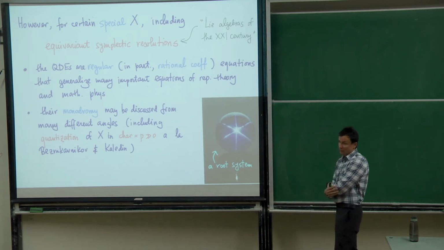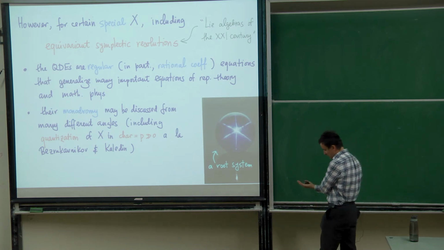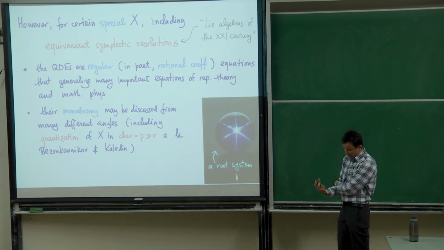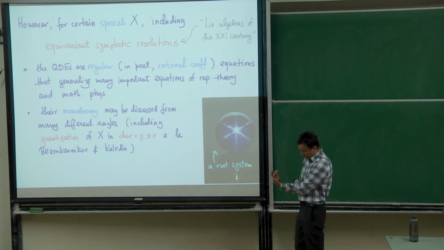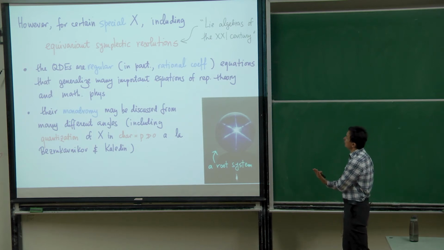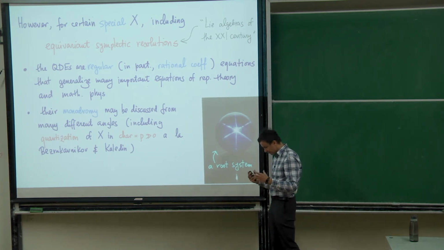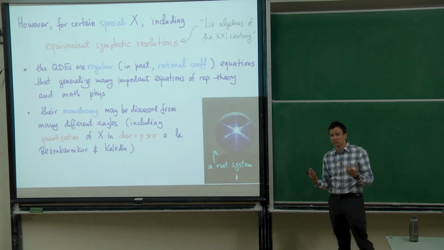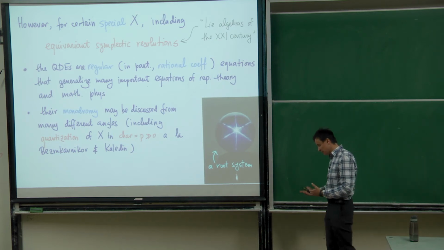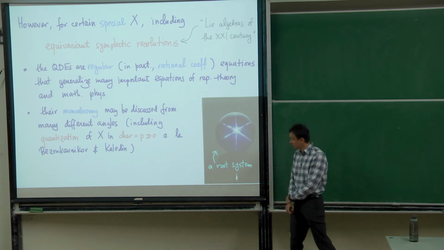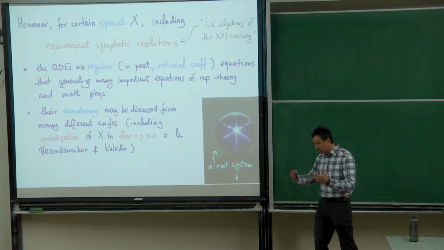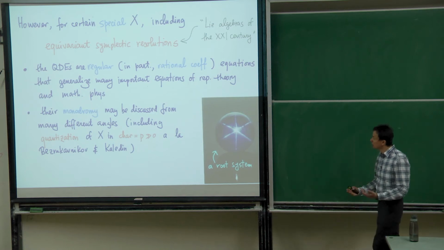Reiterate. For a general algebraic variety or a general symplectic manifold, this kind of invariant is very hard to get your hands on, and to prove any analytic properties about them is extremely hard. But for a very specific class of X, we have the remarkable fact that this quantum connection is in fact a connection with regular singularities, and it generalizes many important equations of representation theory in mathematical physics. By mathematical physics, I mean the Knizhnik-Zamolodchikov equation in conformal field theory, this type of equations,